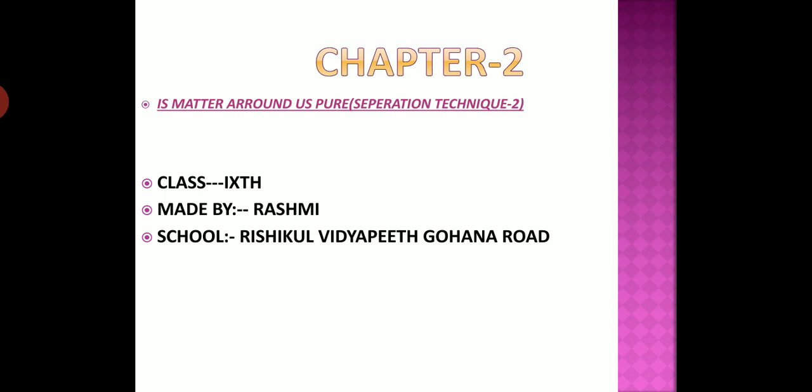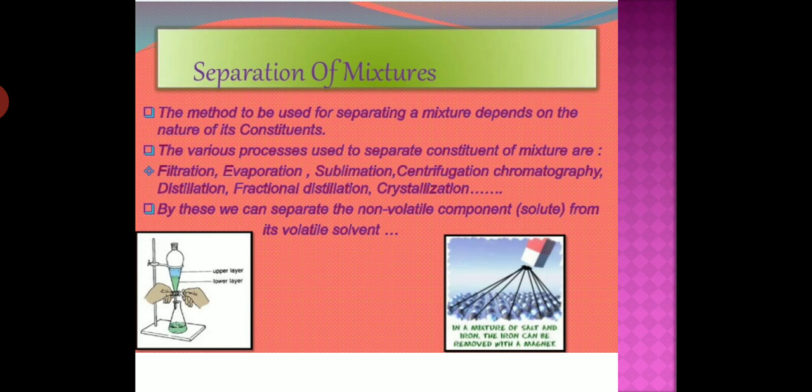If we talk about it, students, you know that a mixture consists of two or more substances mixed together in any proportion. These substances are called components, which retain their individual identities in the mixture. No new or different substances are produced as a result of mixing, though the mixture may look different in texture and appearance. Since the components retain their individual identities, it is possible to separate them by employing various methods, and we have discussed many methods in the last video. So we will discuss some of these methods now.